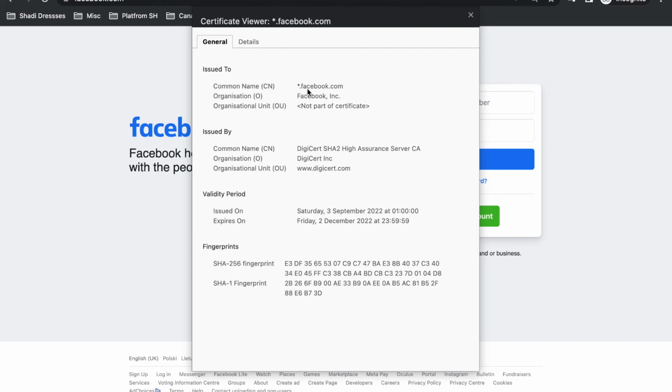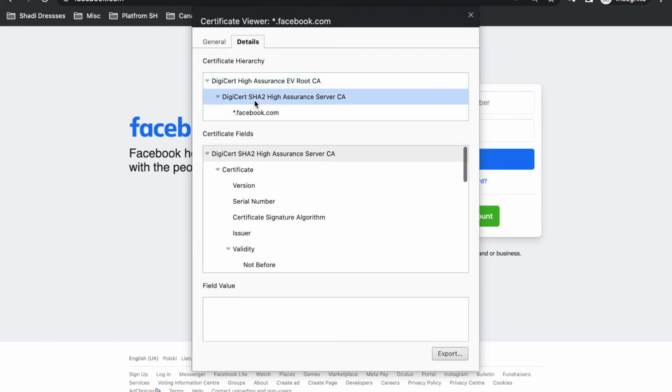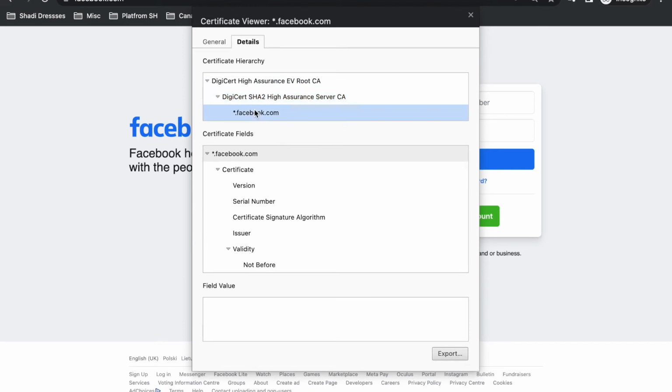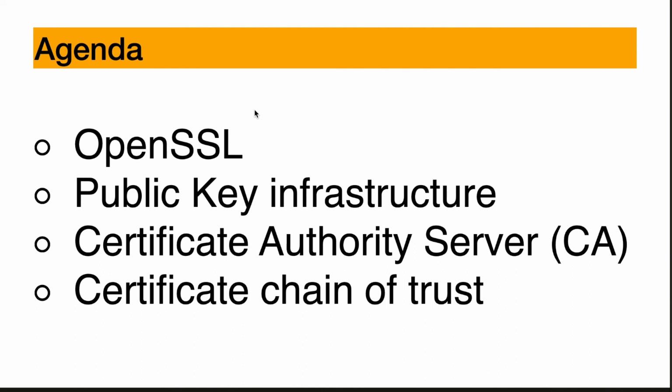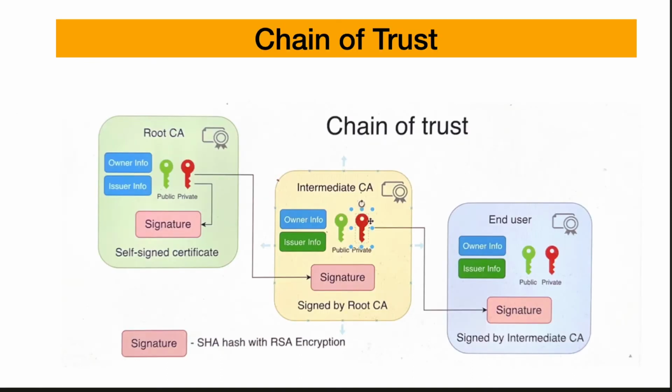We have a root certificate, an intermediate certificate, and an end user certificate, and all together they build the trust, which we call the chain of trust, with each other to provide secure communication over HTTP. Now the next thing, of course, is that we are going to discuss the chain of trust in detail. You can see the root certificate, intermediate certificate, and the end user certificate. So you can see how the root certificate